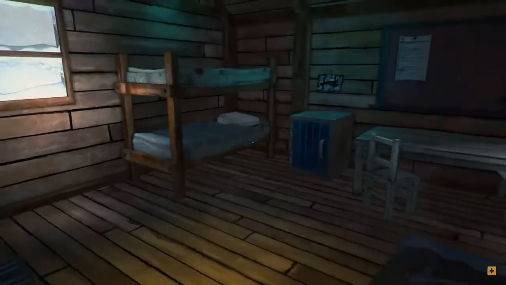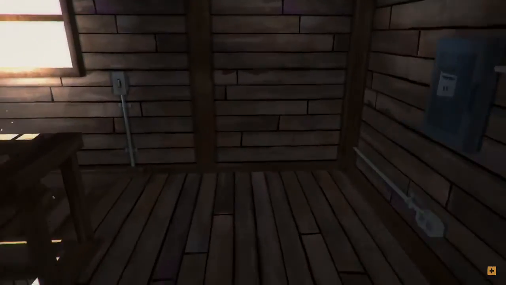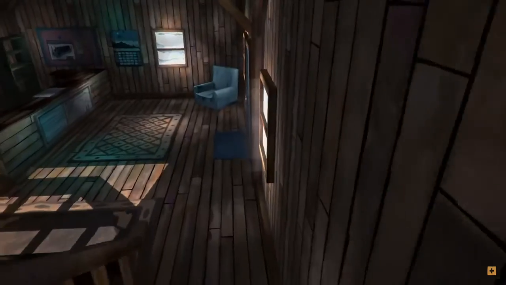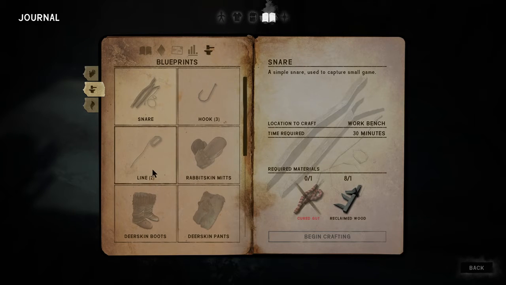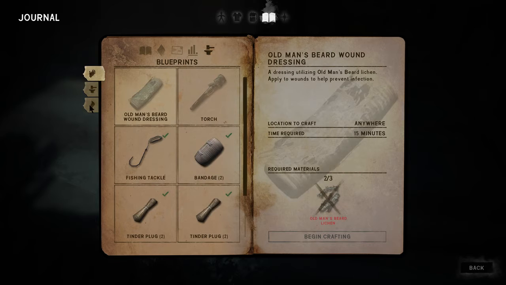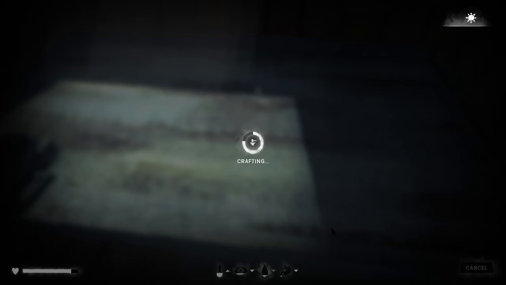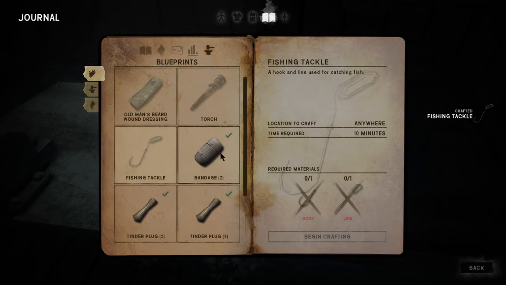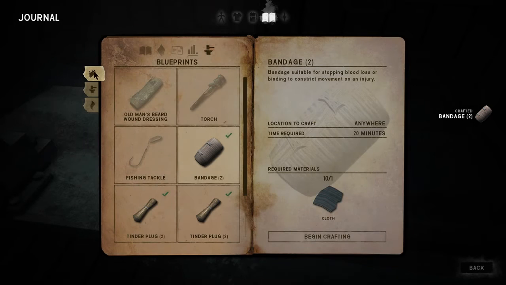And I got a repair kit and all that good stuff. I tell you what, might as well go out and grab some low-hanging fruit, like we got the corn dogs and stuff right there. Plus, if there's no wolves on the lake, I can probably even get out and fish for a second and catch me a little dinner. Let me get a fishing tackle made here. The little crafting interface is a bit different now. Let me make a couple bandages just in case. And I don't know if I got enough of that old man's beard for...